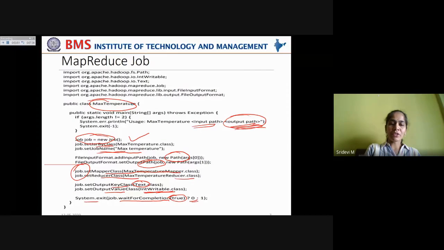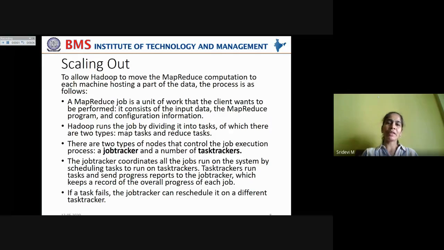That is actually transformed into system exit output. This indicates the completion of the job, and finally the output will be written to the file indicated in this output path, right? This is how we need to write mapper class, reducer class, and pack them into a job object and hand it over to Hadoop in order to complete the job and get the output written to the output file. I hope you understood this topic very well, right?